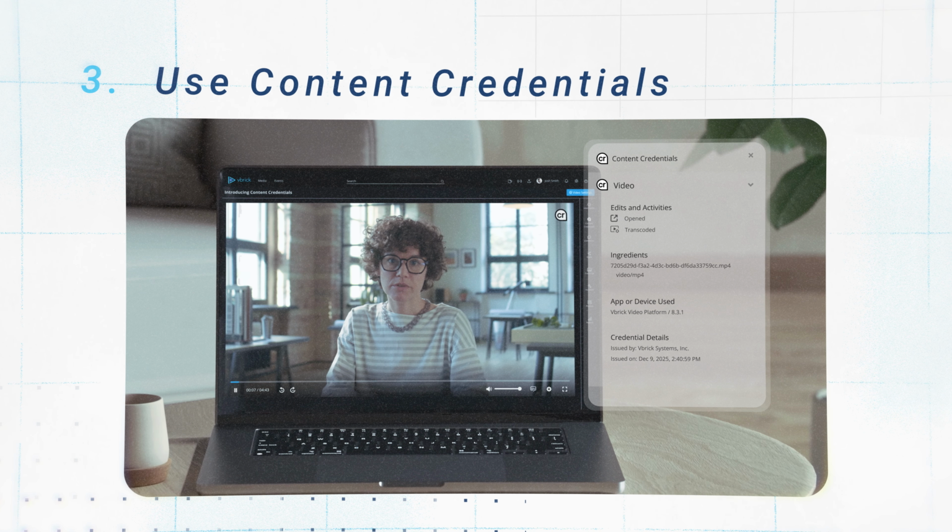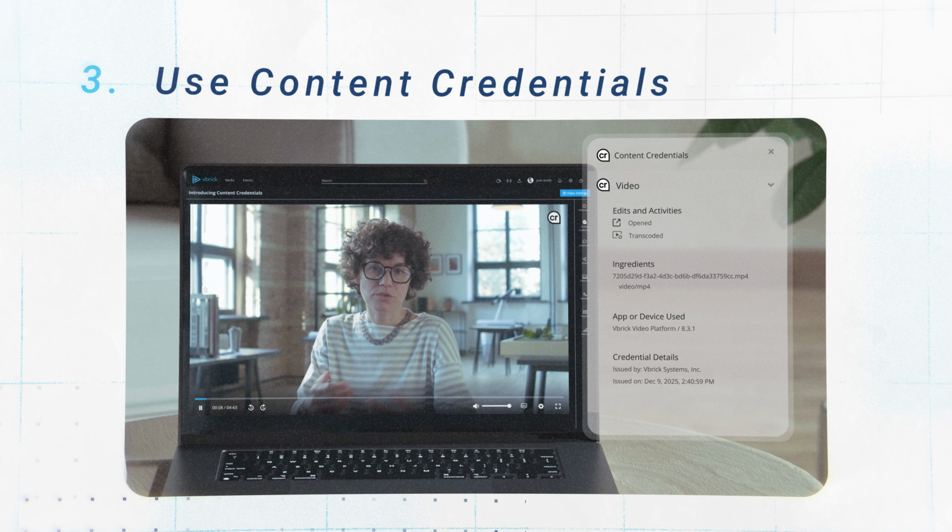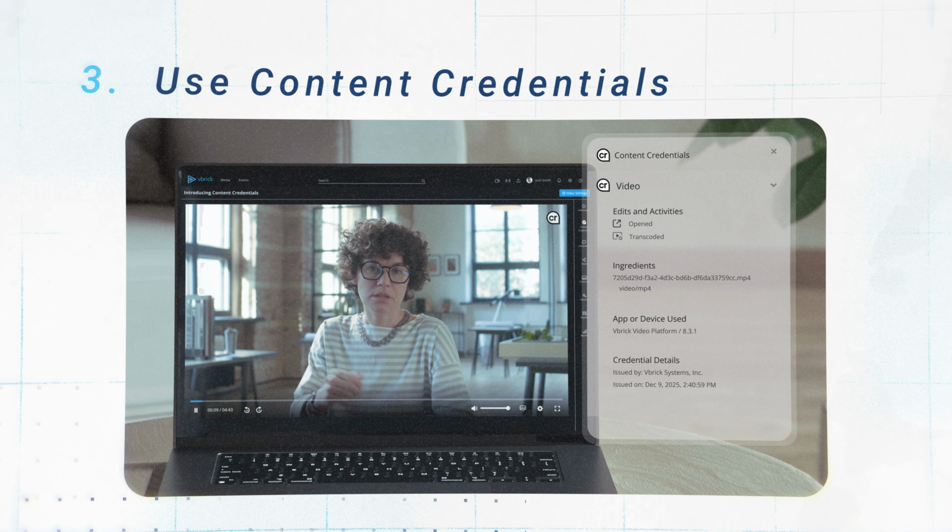Vbrick is the first enterprise video platform that can generate C2PA compliant content credentials. And finally, the cost of the transaction needs to be negligible so that everyone can verify their content, from corporations to individual creators. At Vbrick, this is exactly what we're developing in an initiative called Verified Authentic. Built on a public blockchain platform and based on trusted C2PA standards, Verified Authentic creates a tamper-proof ledger of who created a piece of content, as well as when and how it's been edited.